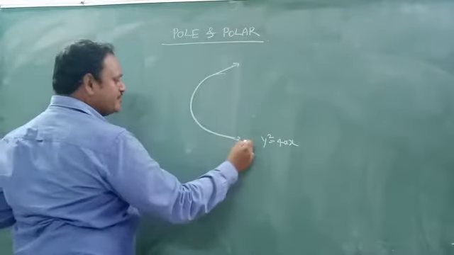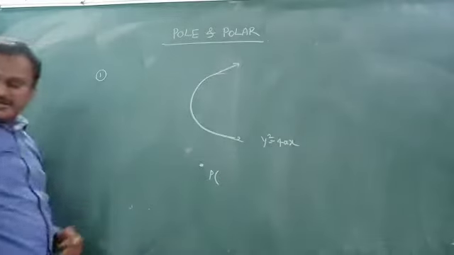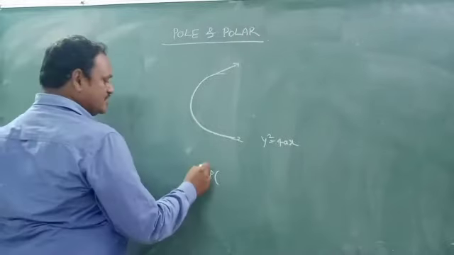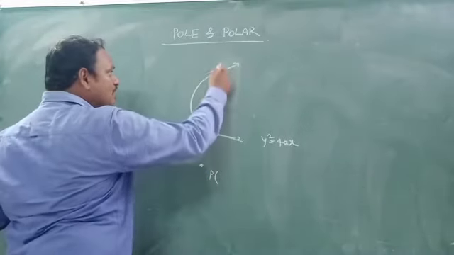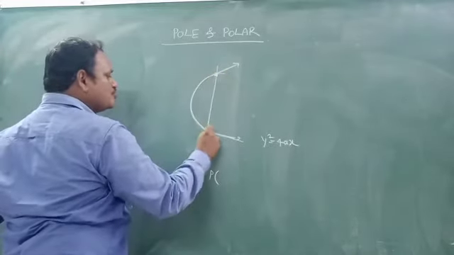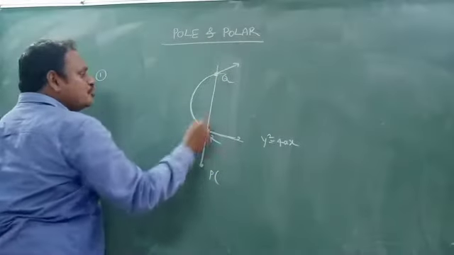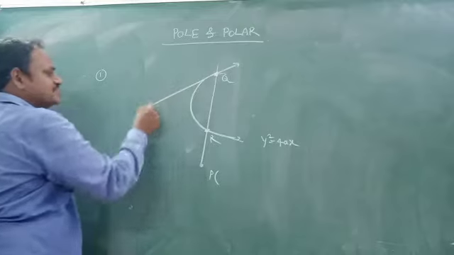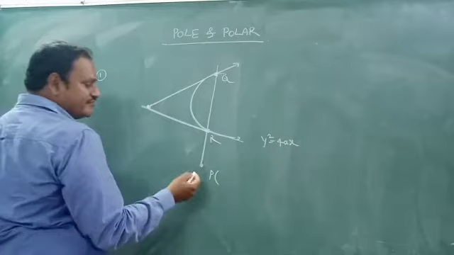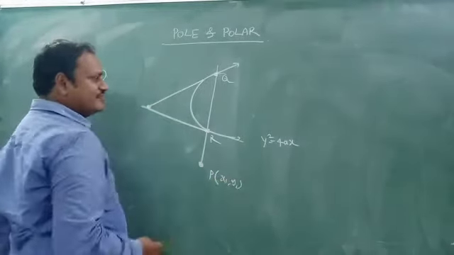Suppose you take a point which is outside, P. P is a point which lies outside, right? From this, if you draw a secant line like this, it will meet the parabola at 2 points. We can call them Q and R. At this Q and R, if you draw the tangents, they will intersect at some point like this, right? What we did is we have taken one point outside. It may be something like x1 comma y1 or whatever it may be, right?